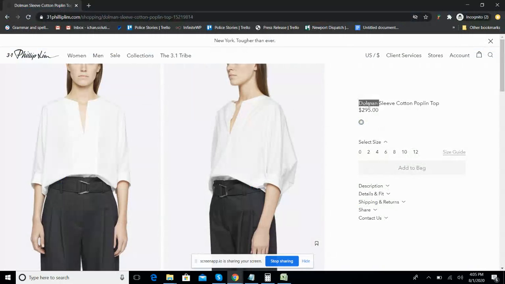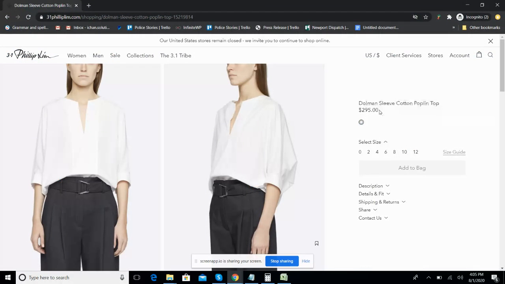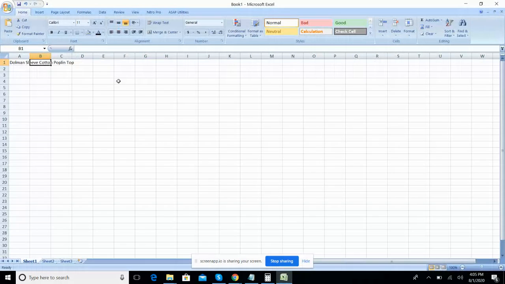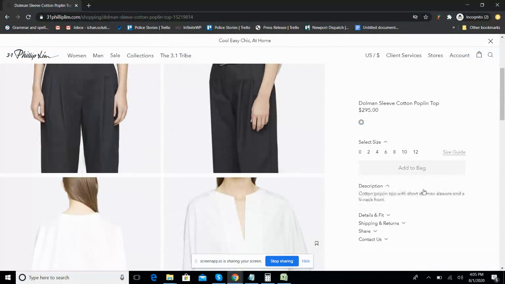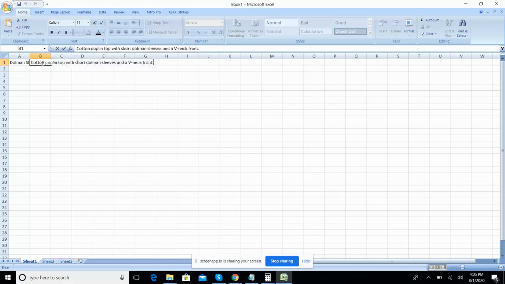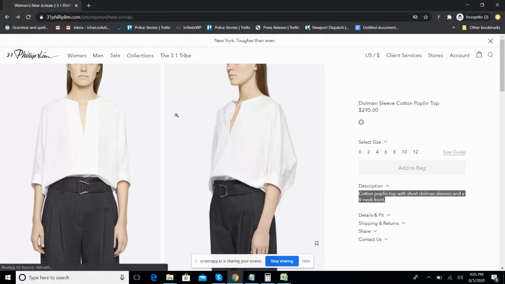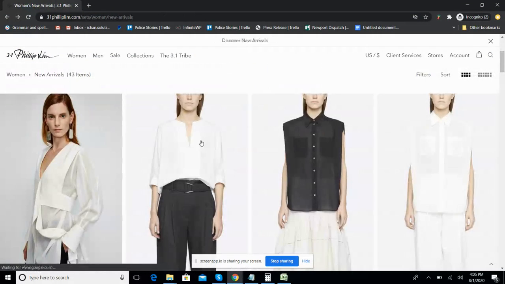Normally, just copy and paste the product name and the price and the description. You can see the description. Okay, perfect. So this is the normal way to collect the product from the store.